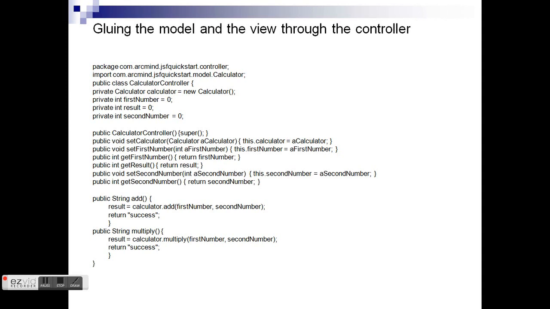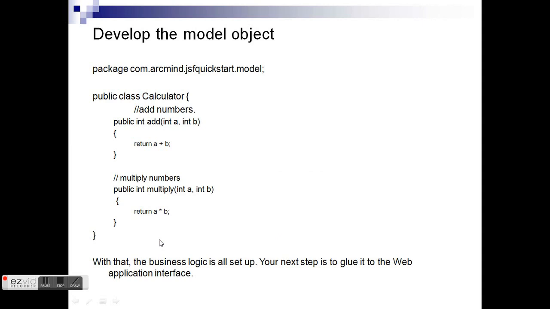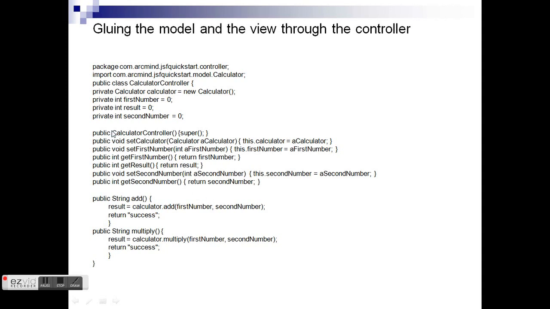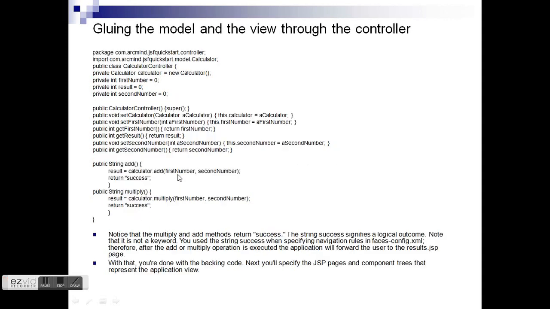These methods set the second number and get the second number, like POJOs where we have to identify setter and getter methods. Here is the add method where we call the calculator's add method, passing the first number and second number. For multiplication we also pass the values to the multiply function in the Calculator class. So the Calculator class has add and multiply functions. This bean also has getter and setter methods, and the add method calls the method from the Calculator class. So this is all about add and multiply.